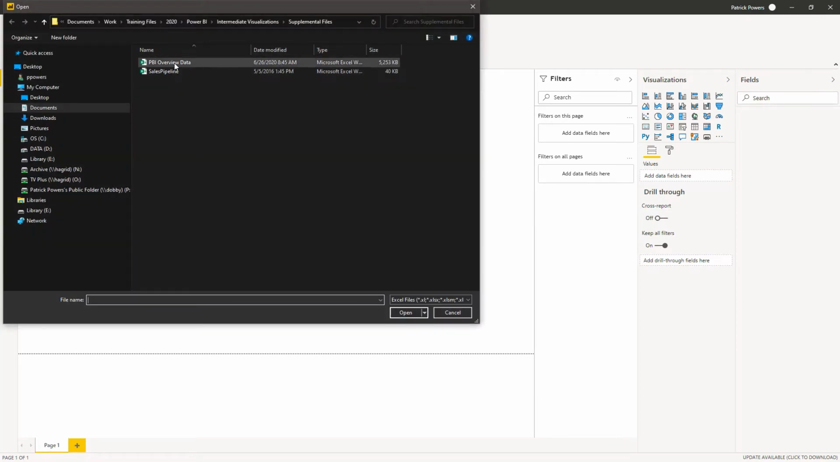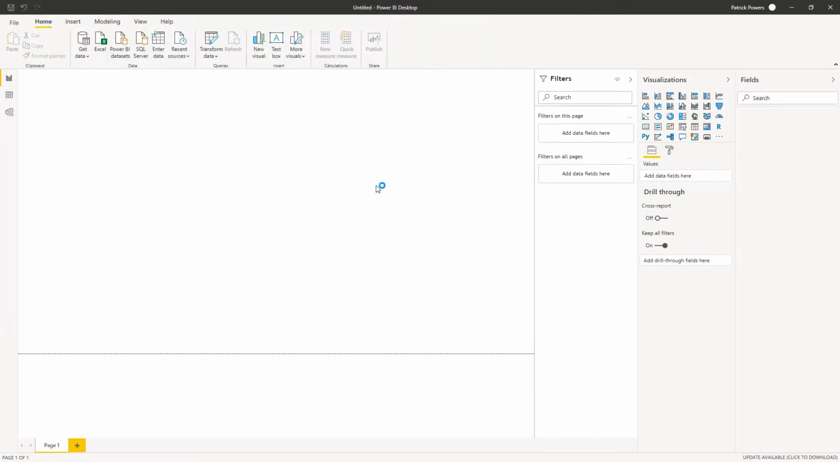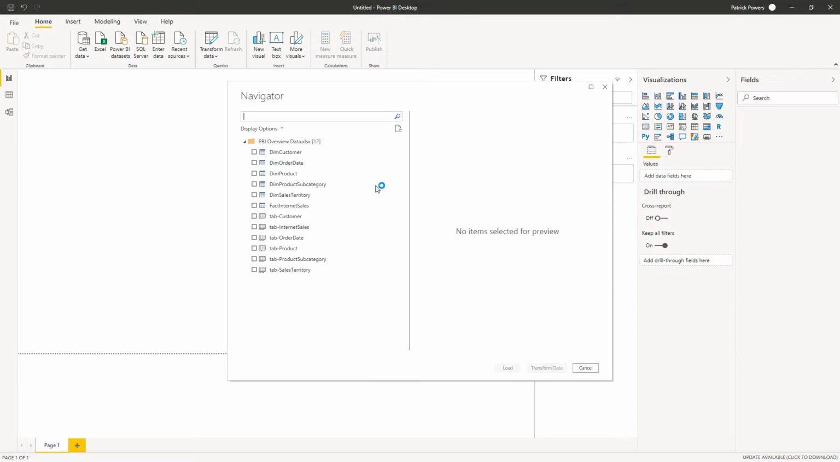I'm going to be using PBI Overview Data. I'm going to open that up. And here I see a list of the different sheets that are available in that XLS. If this was a database, it would look exactly the same, just these would be the different tables in the